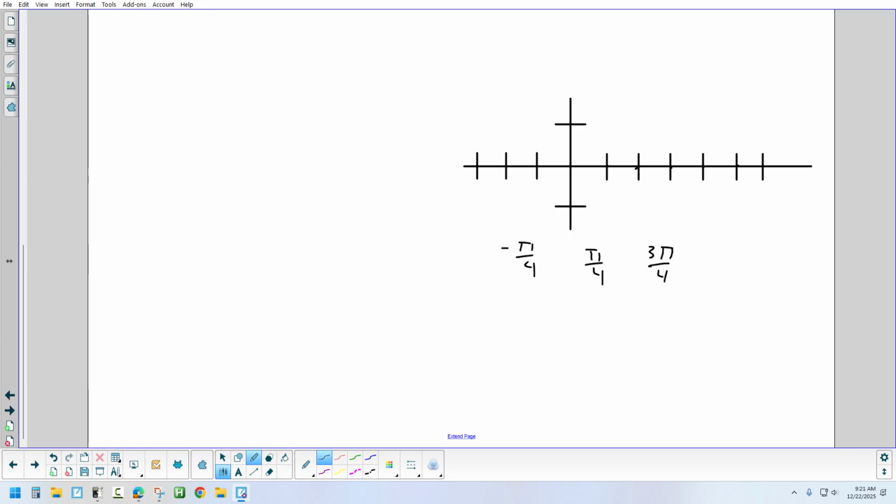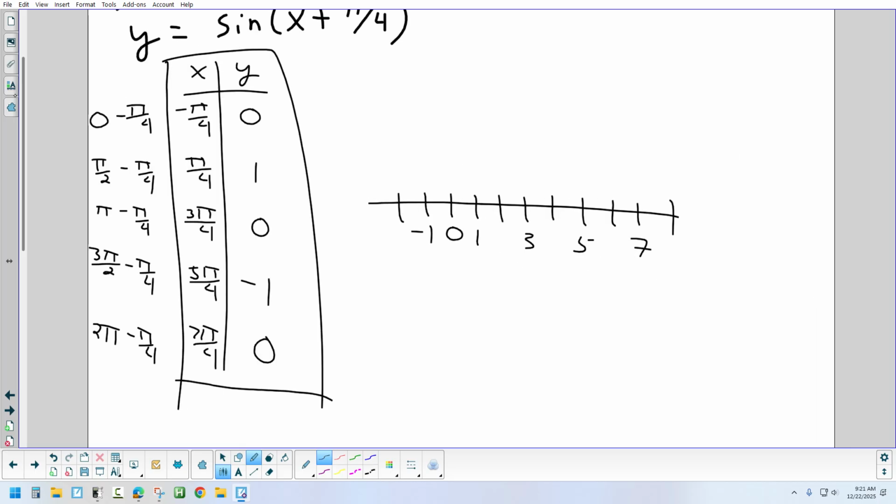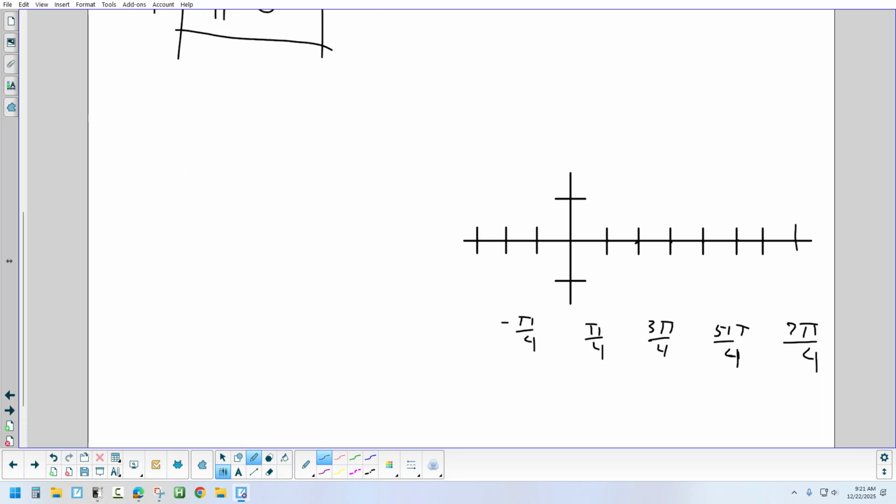Skipping 4 pi over 4, going to 5 pi over 4. And then you're skipping 6 pi and going to 7 pi. Okay, so it's not a huge thing, but it is important to just recognize that is how your axis is set up this time. Okay, and we start at 0 and do our standard y values. 0, 1, 0,